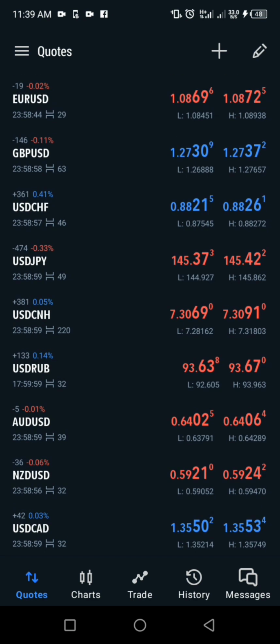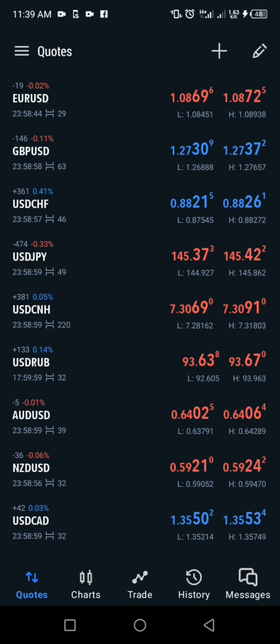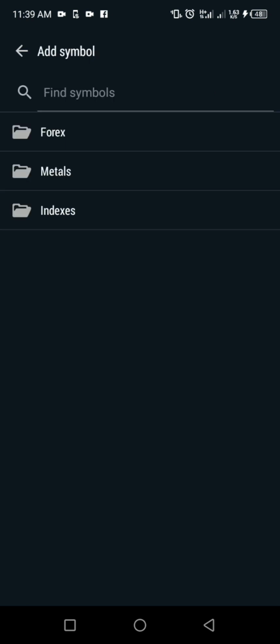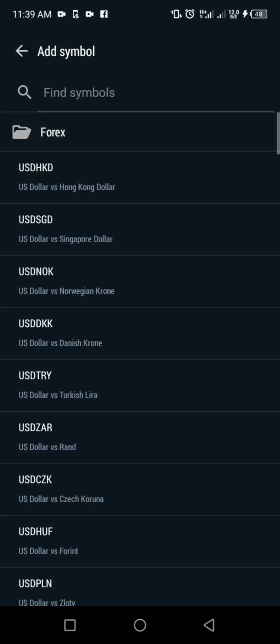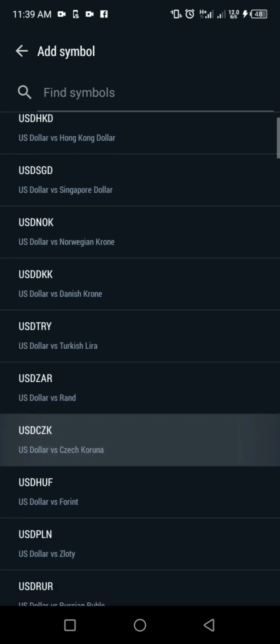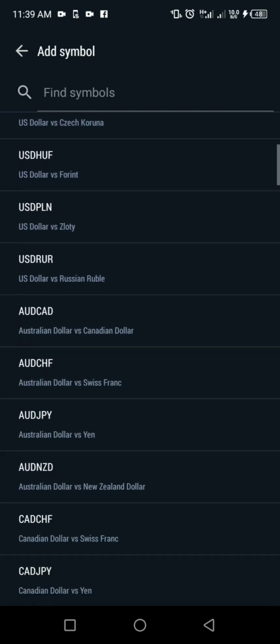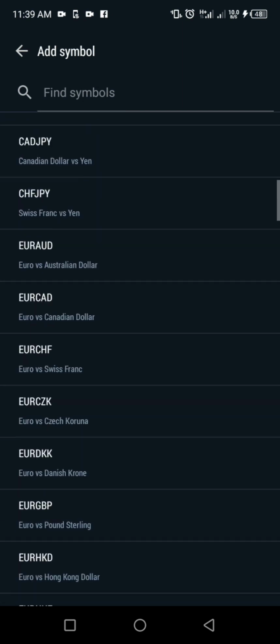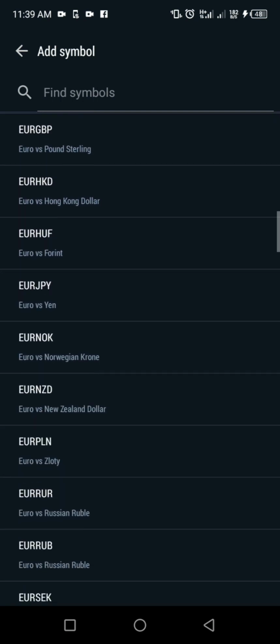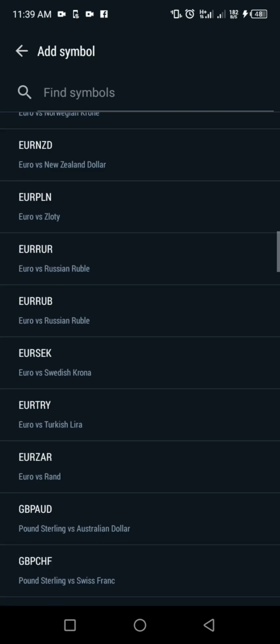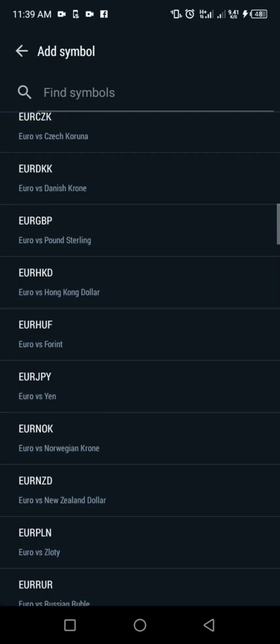So say you want to add a currency pair, you come here, you see this plus icon, you click on this plus icon here. Now you see forex, you see metals, you see indexes. These are, let me say, currencies and equities that are traded on forex. Because we are looking for currencies, you click on forex here. When you click on forex, you can see these are all the currency pairs. Any currency pair that you are looking for, you want to include in your chart, you pick them here. So say I want to add this euro GBP